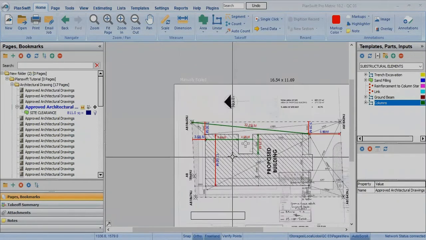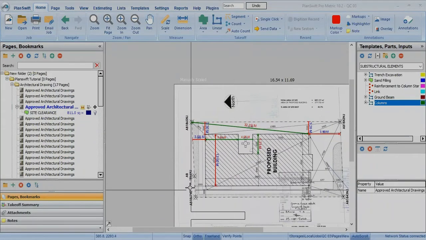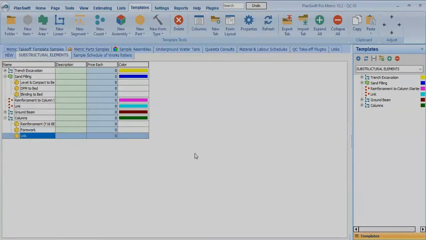So as I said yesterday, I will be starting with the material schedule for what we have done so far on structural elements. First of all, I will start with sand filling. How to create a material schedule for sand filling. So if I want to create a material schedule for sand filling,